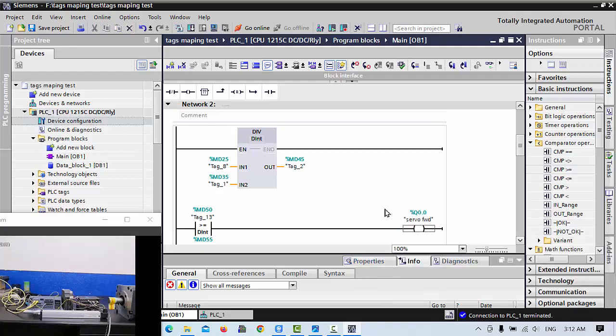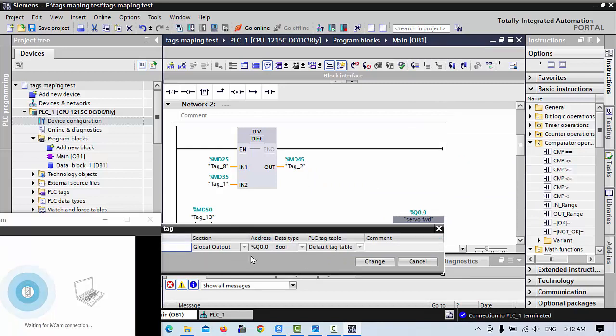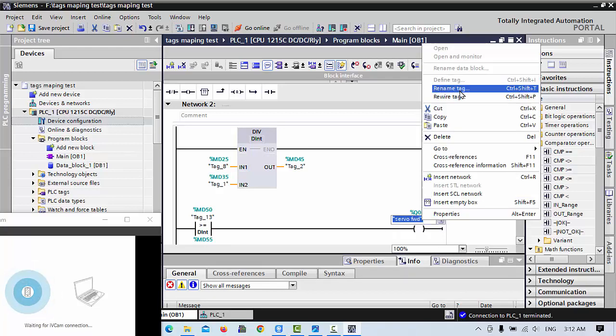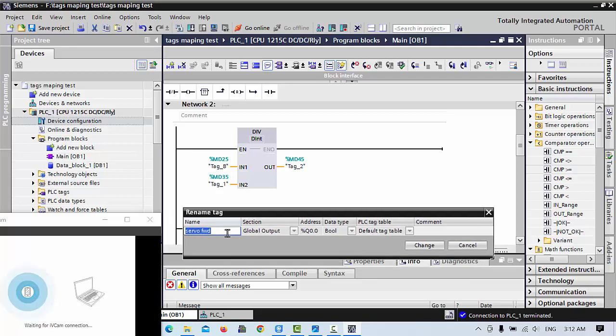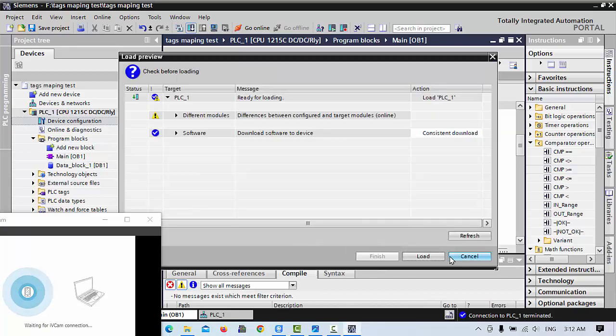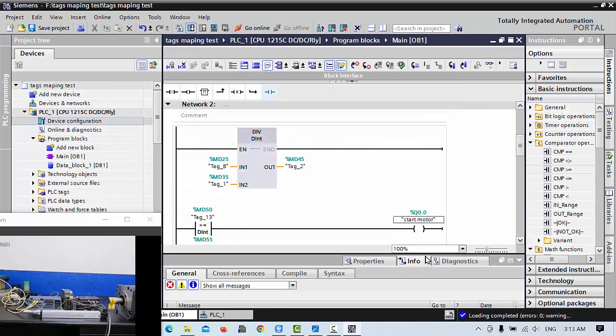Q0.0 is our output. These tags are showing, and you can also rename the tag. Rename the tag, and you can give it start motor, for example, to start motor, or anything you can give here, and then we will download to the PLC. And anything you can use, for example this linear is sitting with any mold or something you'd like, 2 inches when